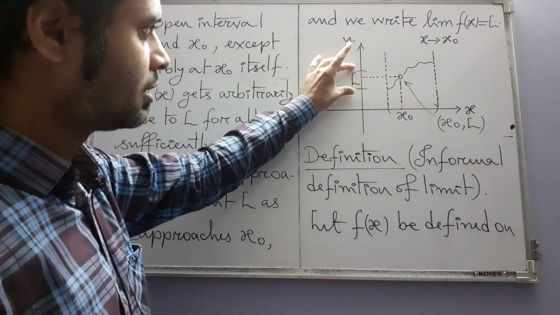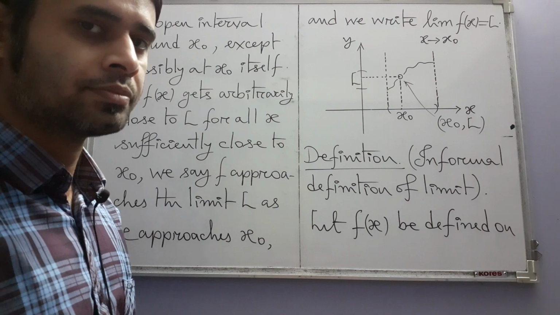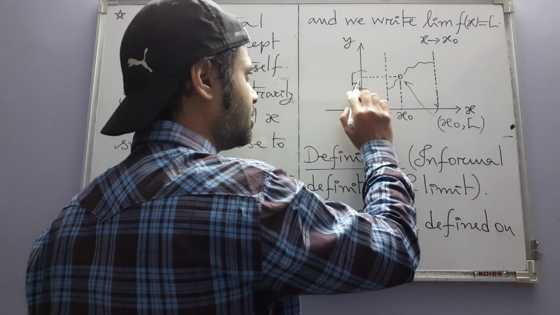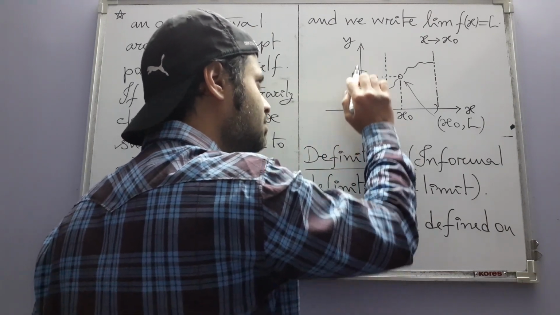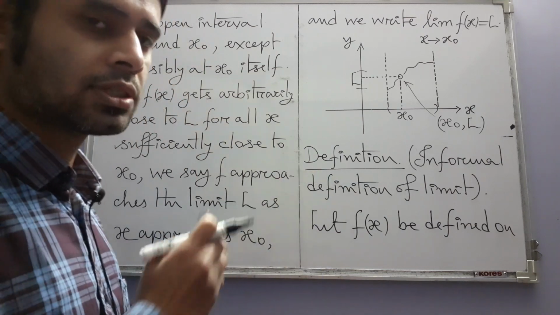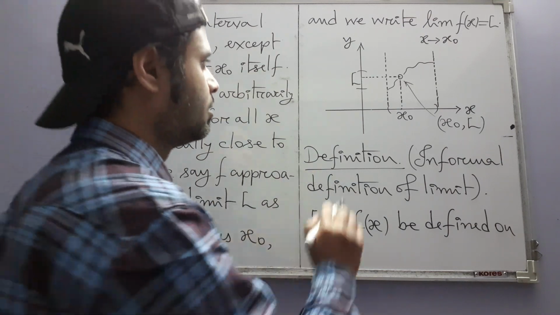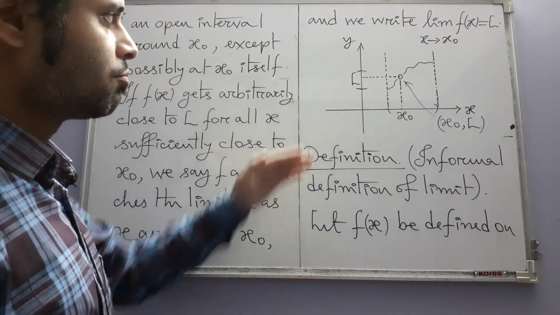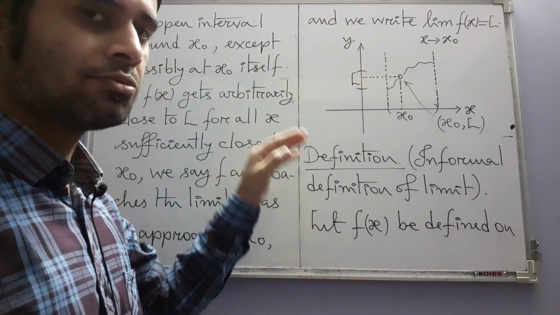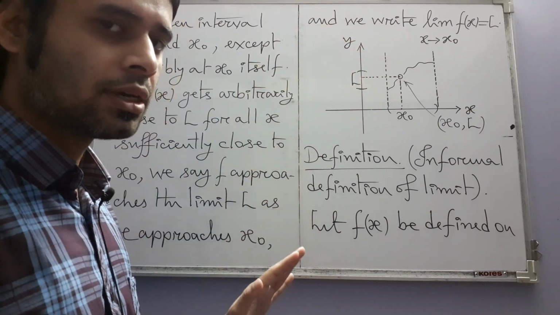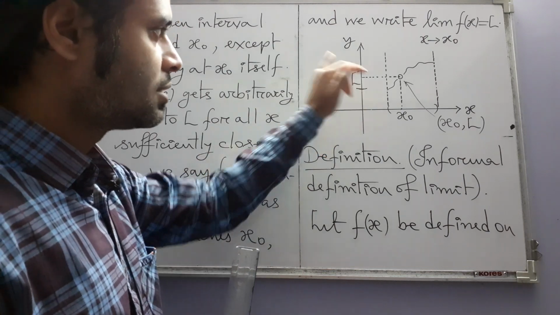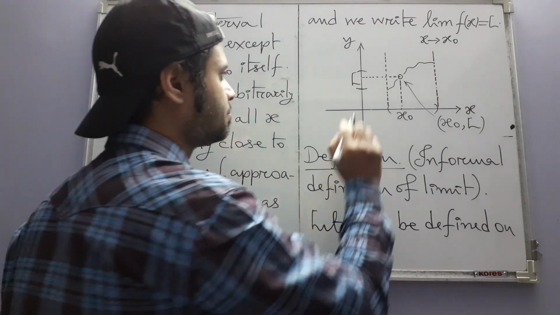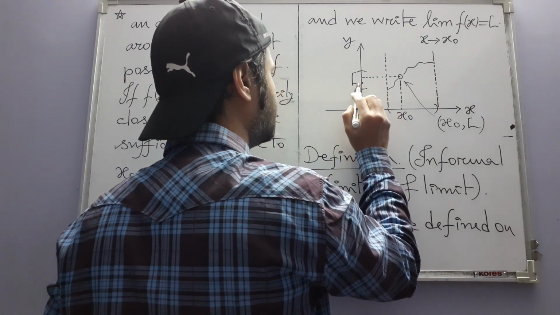Say you have chosen an open interval in which L is lying, and you want f of x to be lying inside this interval itself. It should not get outside, it should not get that far from L. For you, whether it lies above L or below L, if f of x lies inside this interval, then you say, okay, I am satisfied, f of x is close to L. According to me, this is what I mean when I say close to L. So say your f of x lies here,